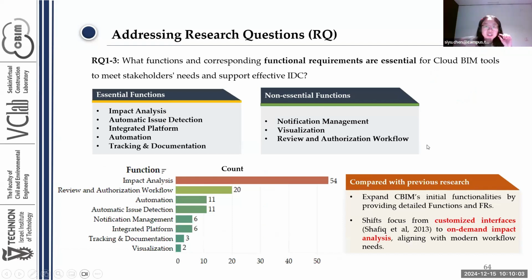And for research question 3, what functions and functional requirements are essential for the future paradigm? We identified 5 essential functions and 3 non-essential functions, and we also rated the functions by counting the times that interviewees proposed the functional requirements. We can see the impact analysis is the function that the designers required most in